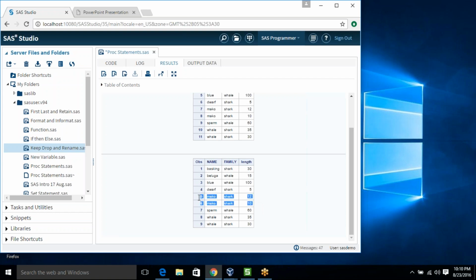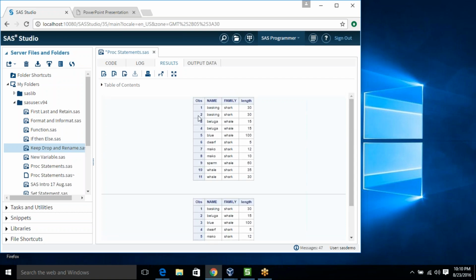For NODUP, all the values should be common. For NODUPKEY, only the variables you specify in the BY statement should be common, then it will remove the duplicates. Same here also: val is 10 and 11, these two values are common, but the third one is not common, so it will keep both. In this way, it removes only the second and the fourth, because for the second and the fourth, all the values are the same.